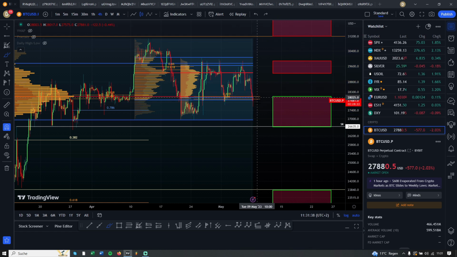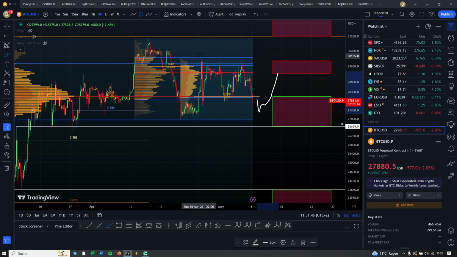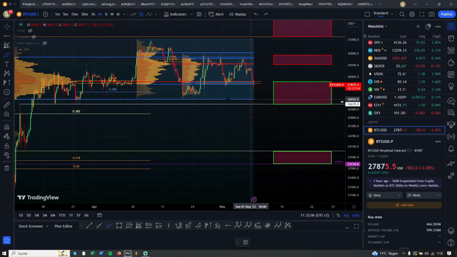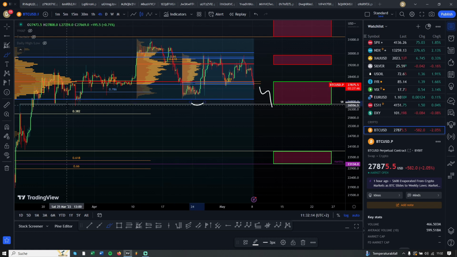We could also bounce somewhere from here, get to the CC, take out these highs here as well, form a lower high again. We have a lower high here, a lower high here, a lower high here, and could put in a lower high here again. We could also move even a bit lower, fill this wick completely, I don't know, something like this, but then just to grab this liquidity down here,